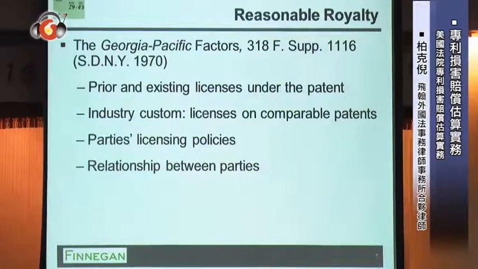Does the patent owner have a habit of licensing its technology very freely? Or is it the kind of company that guards its intellectual property very closely and almost never licenses its technology? What about the relationship between the parties? A patent owner is going to charge a competitor a lot more money for a license because that competitor is going to take customers away from the patent owner, and the patent owner knows it. So the license fee is going to be higher between competitors than it would be between a patent owner and someone who wants to license the patent in an unrelated area where it's not going to affect the customer base of the patent owner.